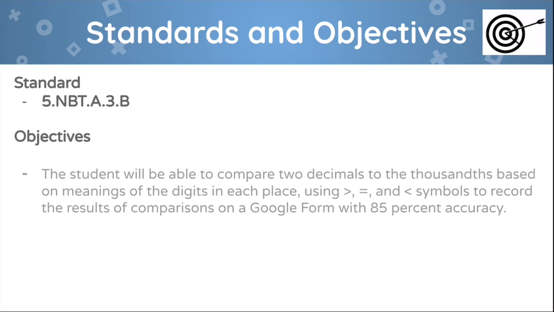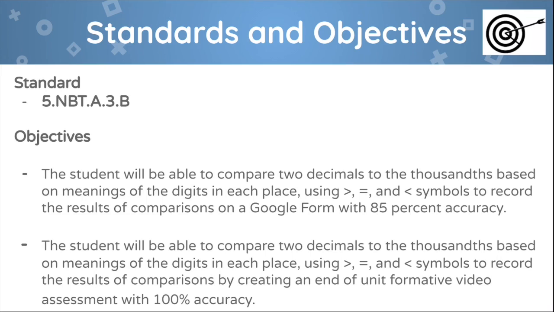The 2 objectives that we have are that the students will be able to compare two decimals to the thousandths place based on meanings of the digits in each place using greater than, less than, or equal to symbols to record the results of comparisons on a Google Form with 85% accuracy,